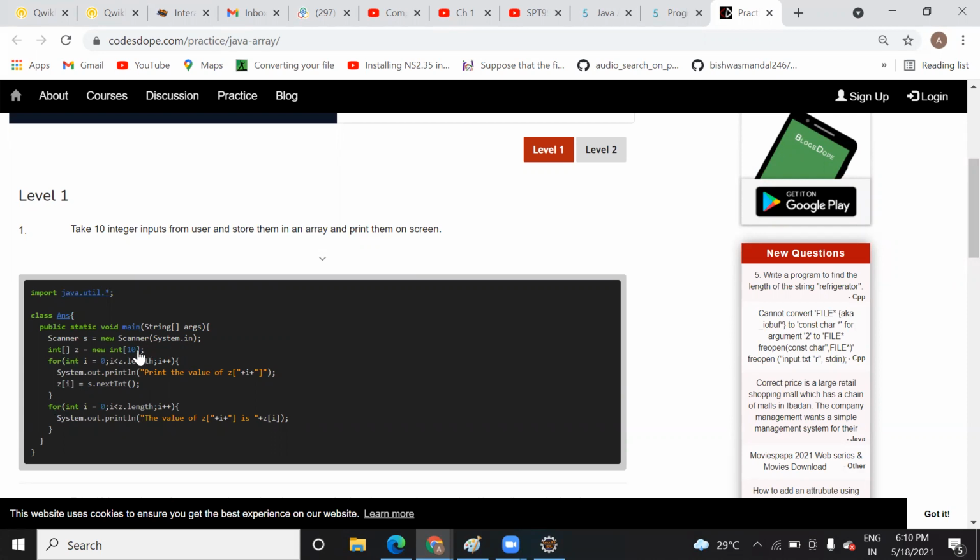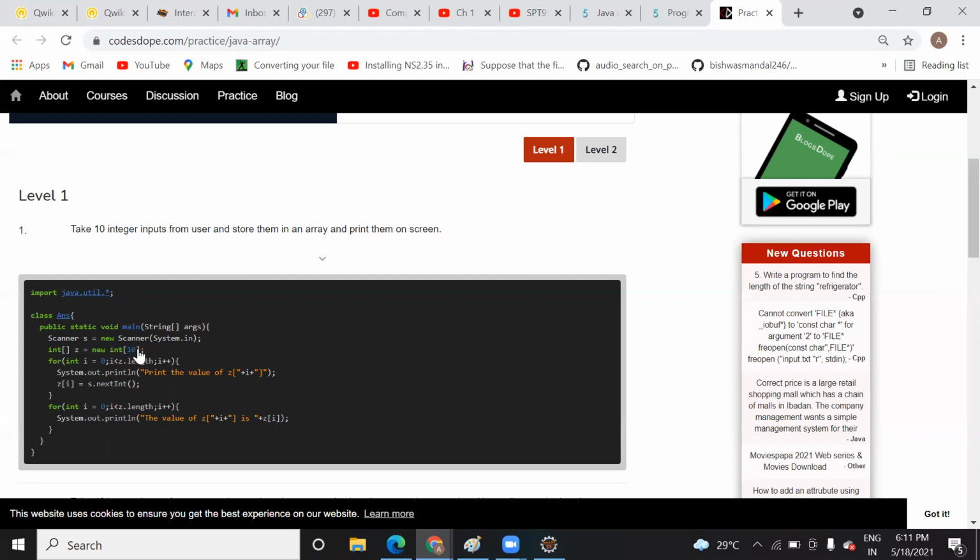Whatever value you are going to read, you are going to assign into this integer z. So in the last class I told you there are different ways of declaring an array, right? Before the last class we had seen that you use the square bracket after this variable z, and now we have seen it before the z. So here, in order to read this, you need to write int, this square bracket, that is for the size of an array, new int 10, right? So whatever here, you are reading 10 elements.